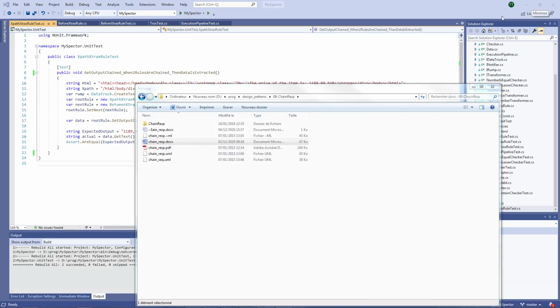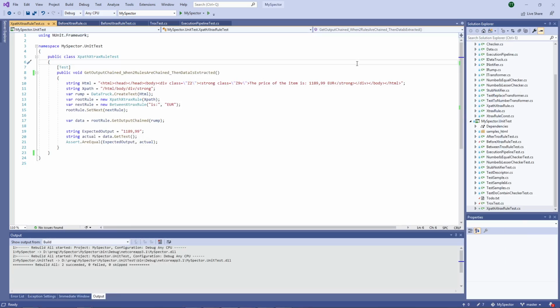Now I will come to the second illustration, which is more related to the code, and it is not linked at all with the diagram that I showed you before. So you will have no button, no web service, no log. This is a unit test, and I have this HTML content.